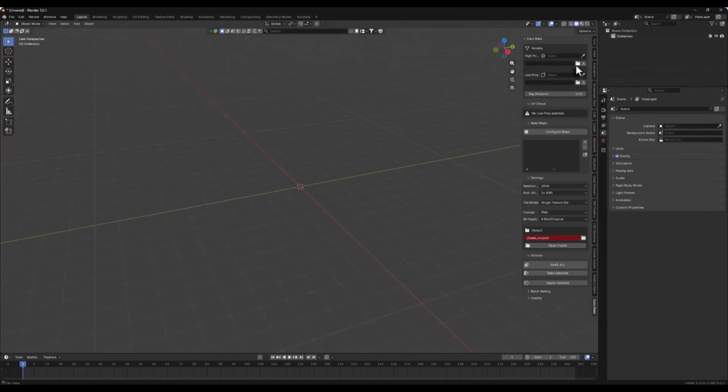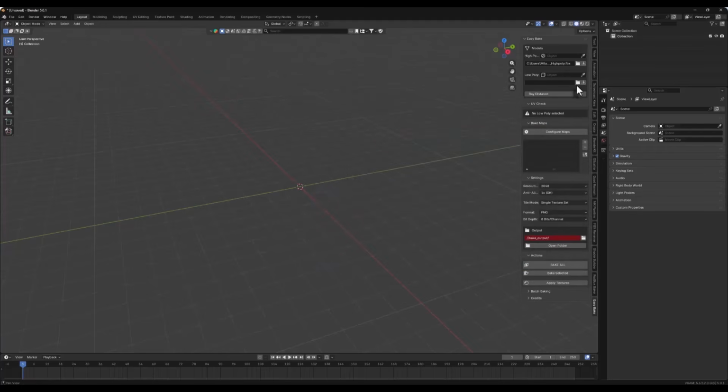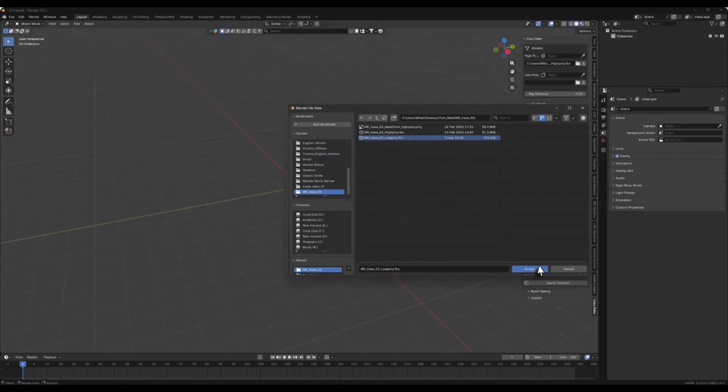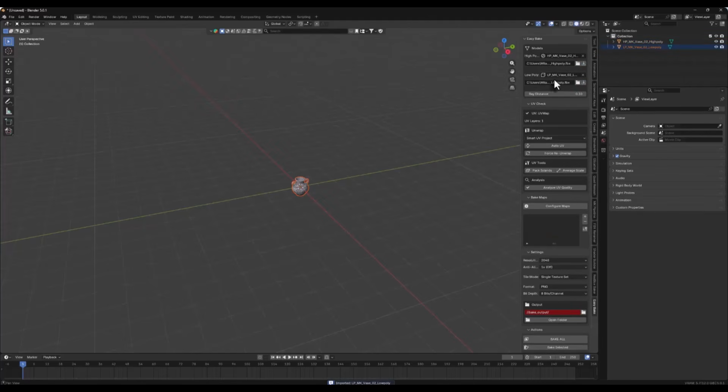By clicking this button, the folder opens for us. After the folder is opened, we call the high poly model. The low poly model as well. This is our low poly model. Well, after we have specified its folders and path, we must hit import. For both models, we must hit import, so these models enter the high poly and low poly import section, and